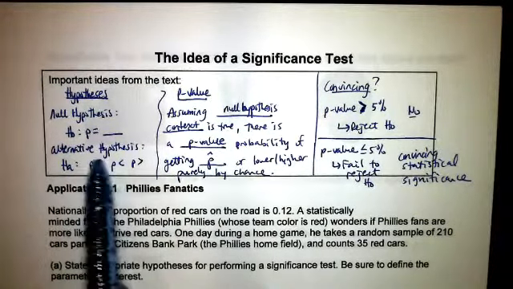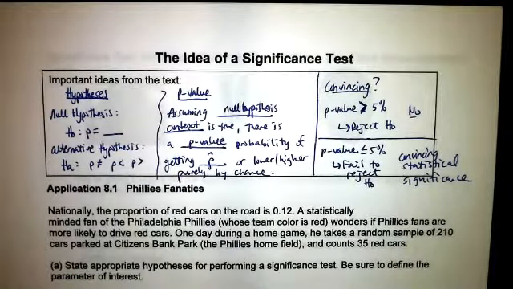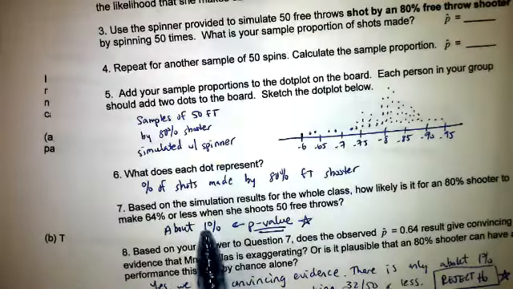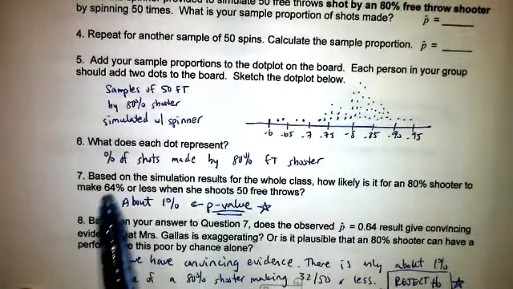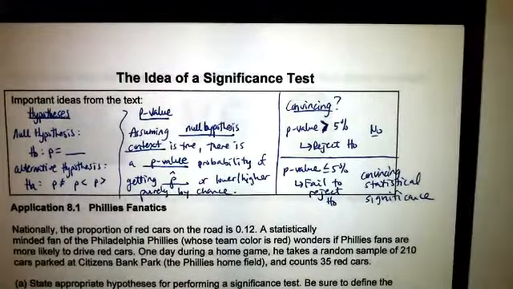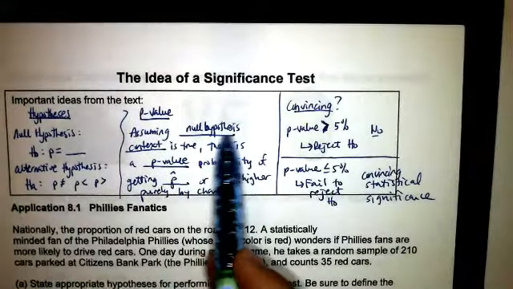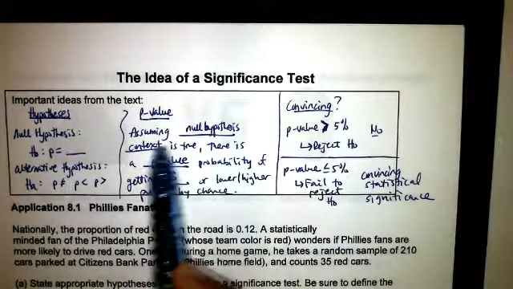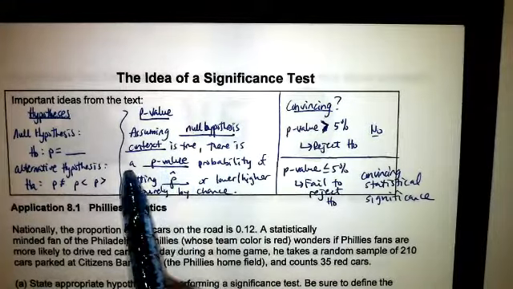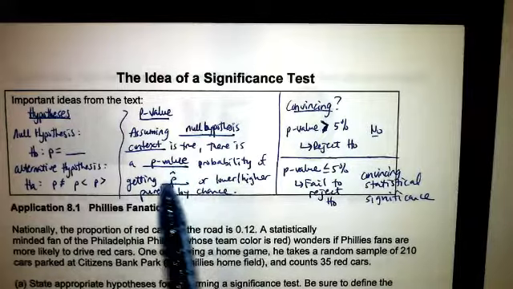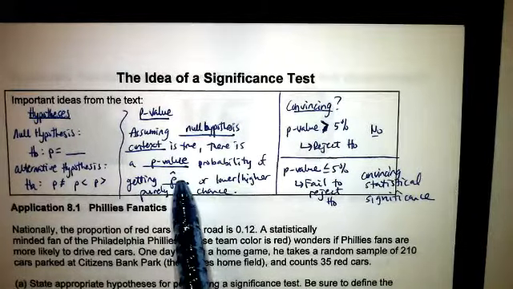The p-value, which we had on the previous page, was the percentage that we got when we actually ran our simulation. In that simulation, we were assuming that the null hypothesis was true. So in the previous simulation, we assumed that she was an 80% free throw shooter, and we got a p-value of about 1% probability of getting that 64%, that p hat, or in this case lower, purely by chance. So because that didn't happen a lot, we were able to